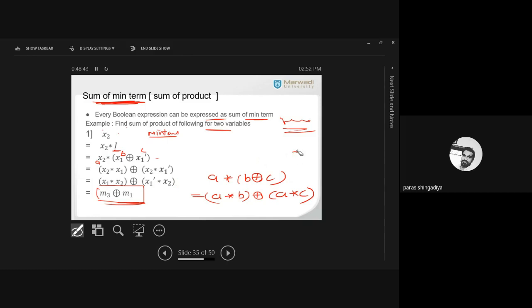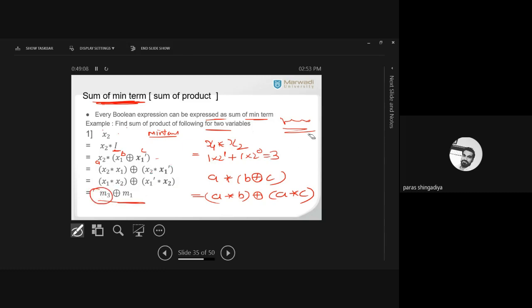Okay. So now you have x1 star x2. So what will be the answer for x1 star x2? Both are normal. So normal indicates a 1 in the minterm. So it will be 1 into 2 raised to 1 plus 1 into 2 raised to 0. So it will be 3. So that is called M3, from the first bracket.